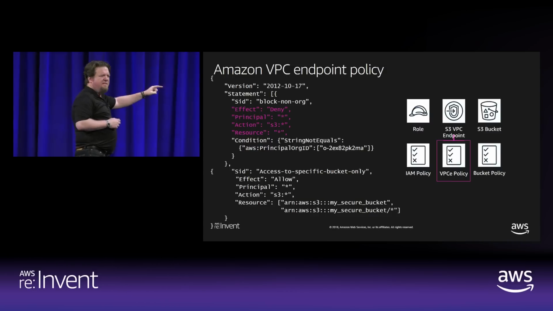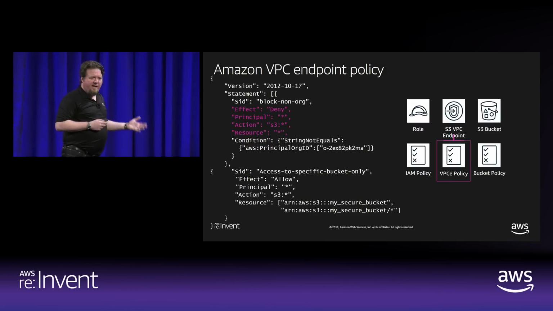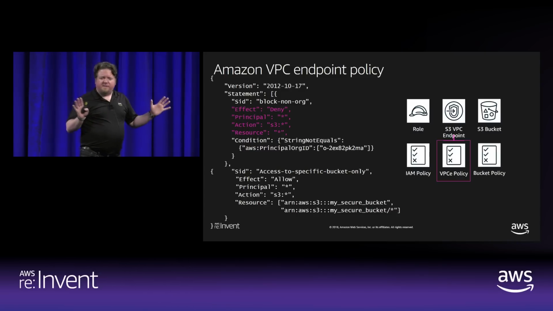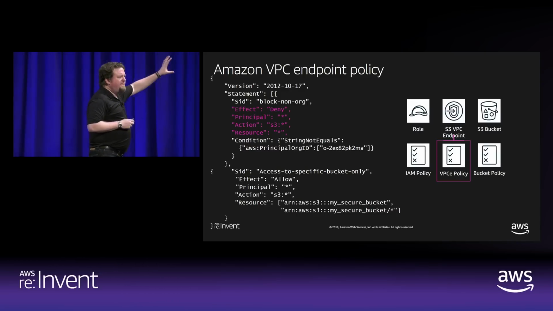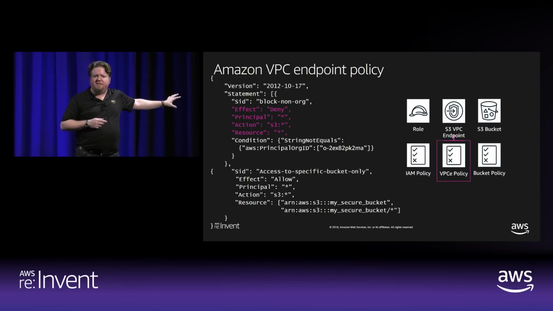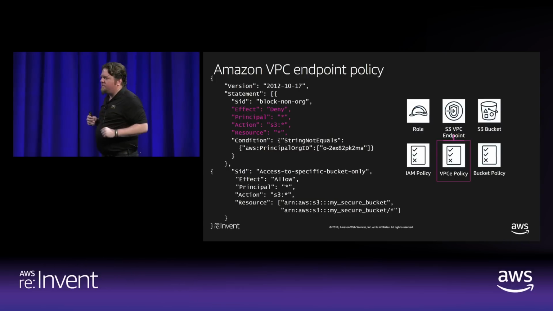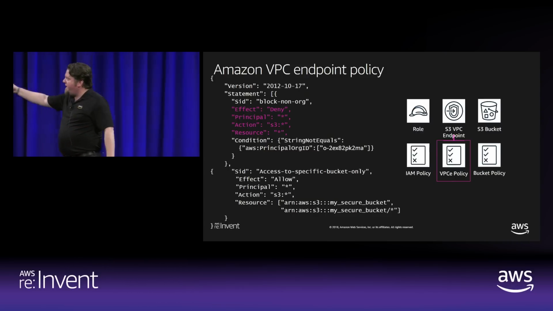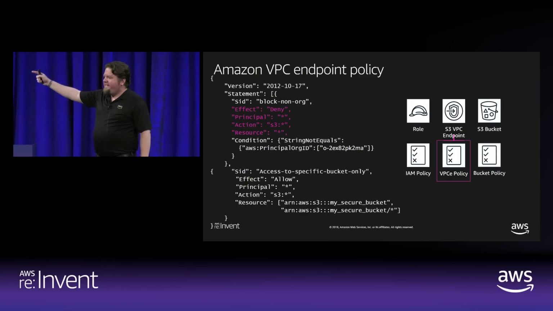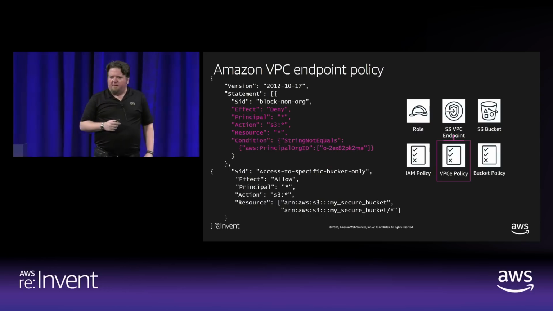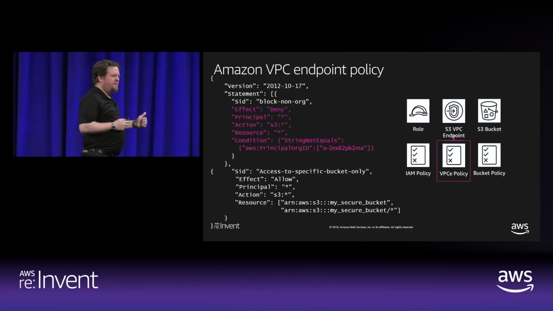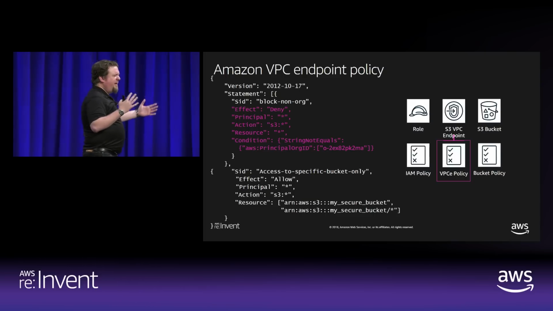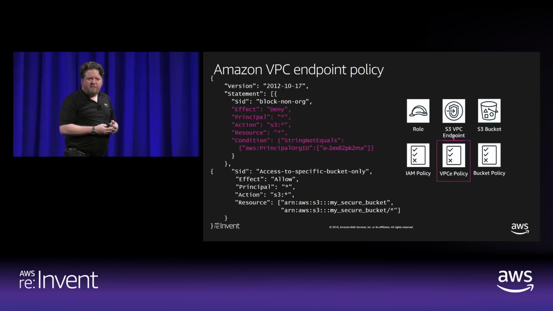String not equals principal org ID. That's actually my org ID in my house account, which is not a confidential piece of information, obviously. This means that if somebody brings their home credentials into your environment and pastes their access key and secret key into their console, and they attempt to use their credentials to use the endpoint, it's going to deny the use of the credentials where the org ID is not mine. Really, really powerful for exfil concerns. Really, really powerful if you've got to allow maybe a partner to use your stuff.